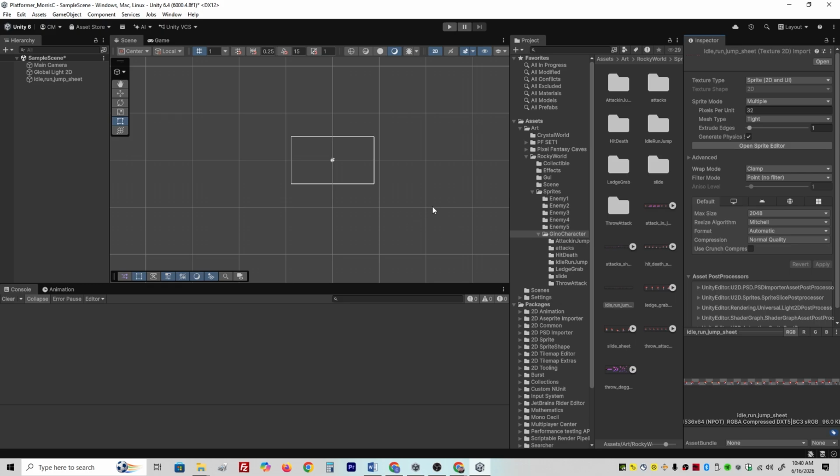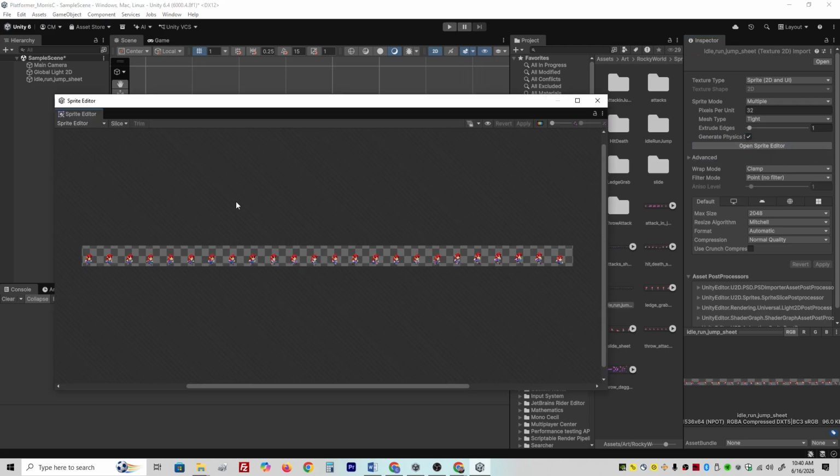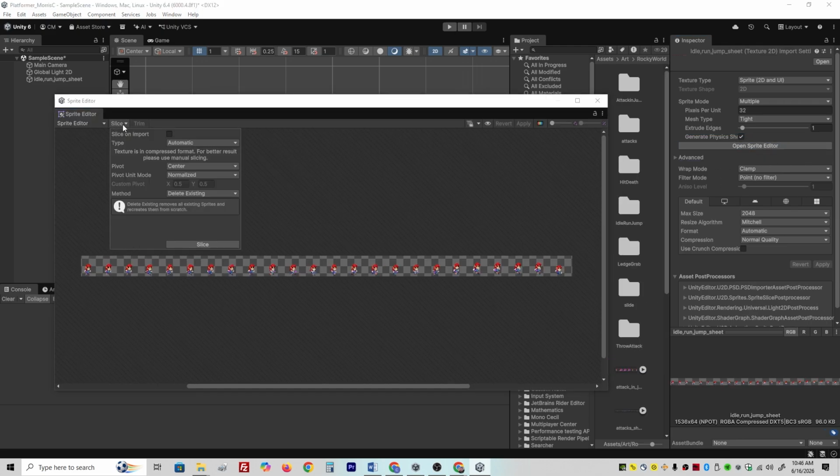We're going to slice sprite sheets for use in a 2D scene. Click on Sprite Editor. A new window is going to pop up for our art, just like this. What we're going to do is go to slice. We can go to automatic, grid by cell size, grid by cell count, isometric grid. I haven't really messed with it, so we're not going to get into that in this, maybe in another video. But for now, let's go ahead and leave it on automatic and just slice and look